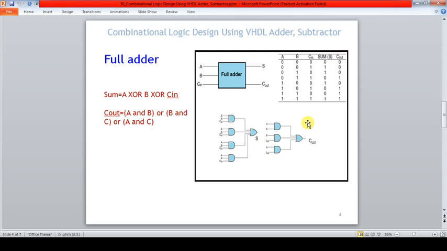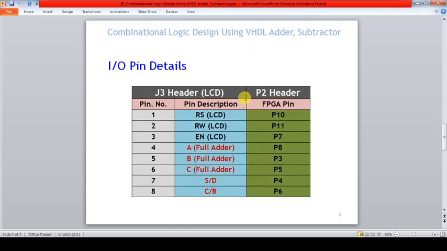Now to write a VHDL code, what are the things we require? We definitely require external interface signals like input signals and the output signals. So for full adder, our input signals are A, B, C in, and the output signals are sum and carry out. Similarly, in the architecture section we are going to write this functionality of full adder. Then it requires pin details, but let us go step by step. We'll write a VHDL code in ISE, then simulate it, synthesize it, and once we come to the pin assignment, at that time we'll use this table for the pin assignment. So let us move to the ISE.